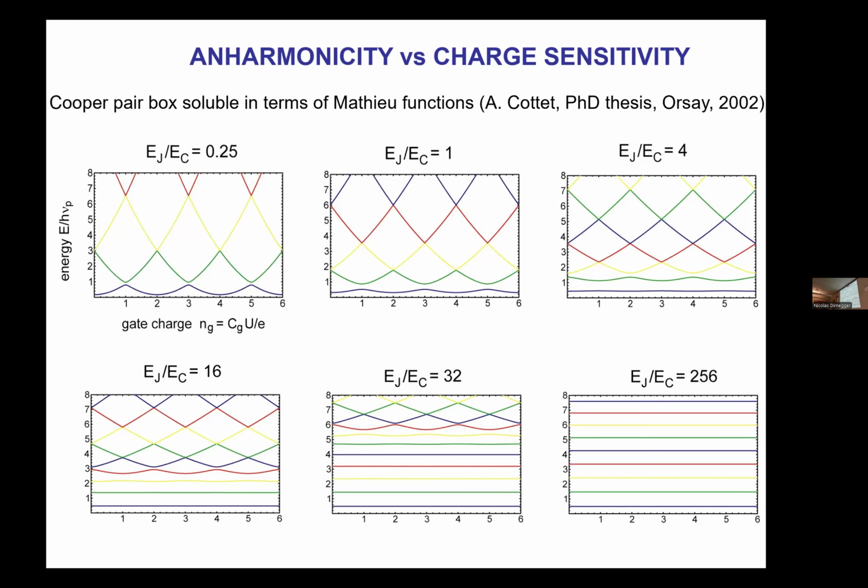So this means that we have what is called the positive anharmonicity. So the energy difference between the state 1 and the state 2 is much larger than between the state 0 and the state 1. But when you look at this